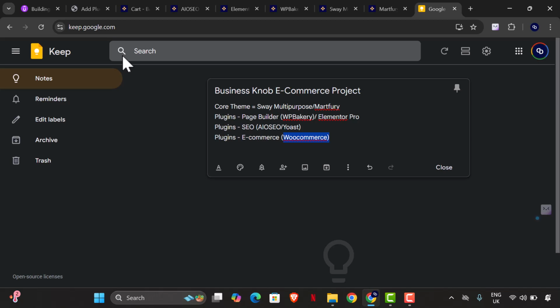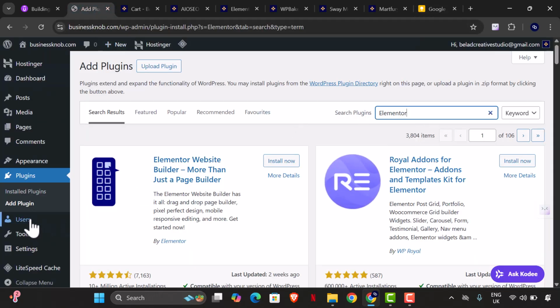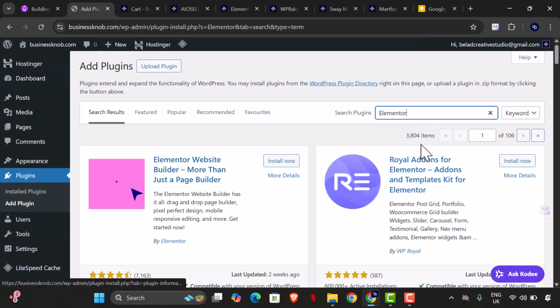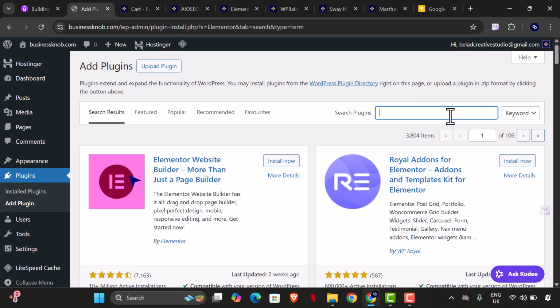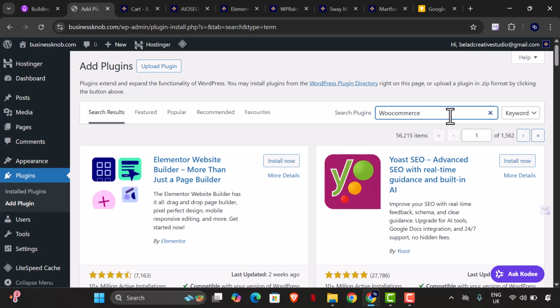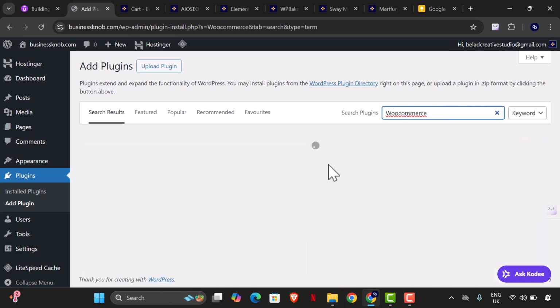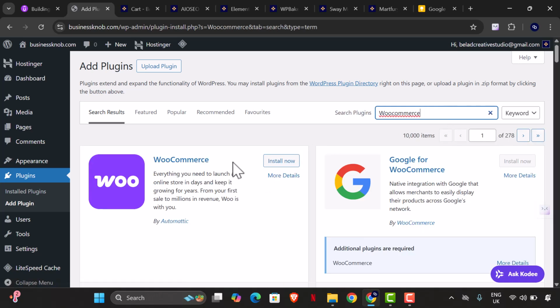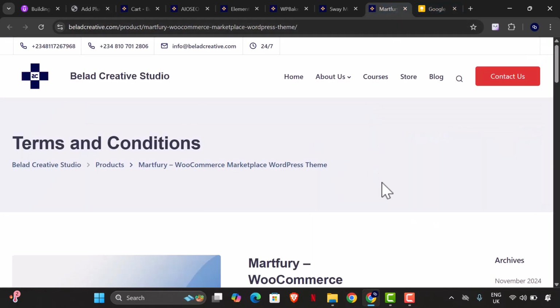So how do we get WooCommerce? All you have to do is to search for it in your plugin directory on WordPress. Like I was showing you earlier on, I could just search WooCommerce. You will see WooCommerce right here. So this is WooCommerce right here. You'll be able to set up your WooCommerce. All you have to do is to install it. We are going to do that much more later, but for now, these are the list of things we need,